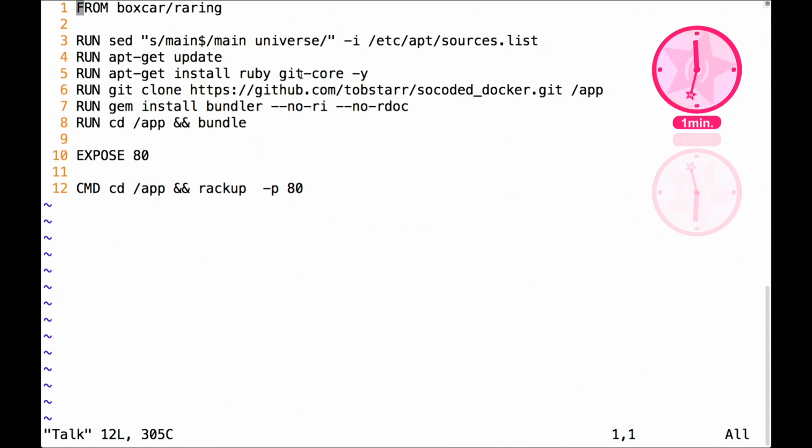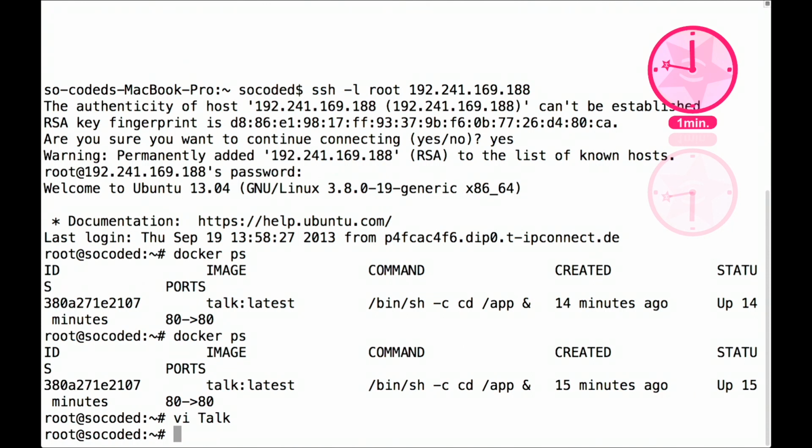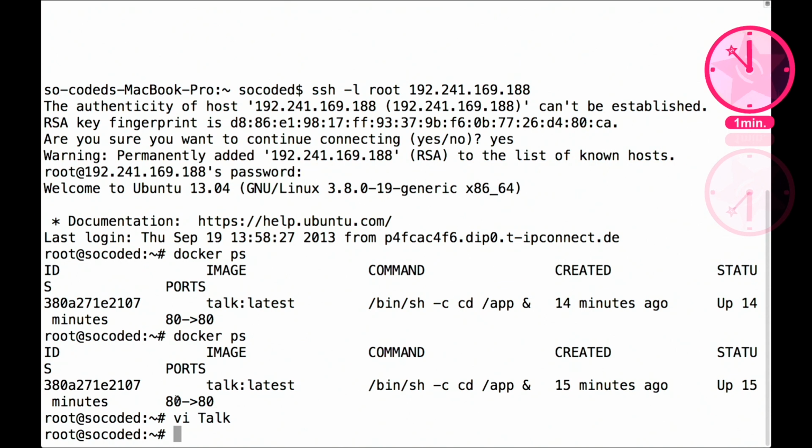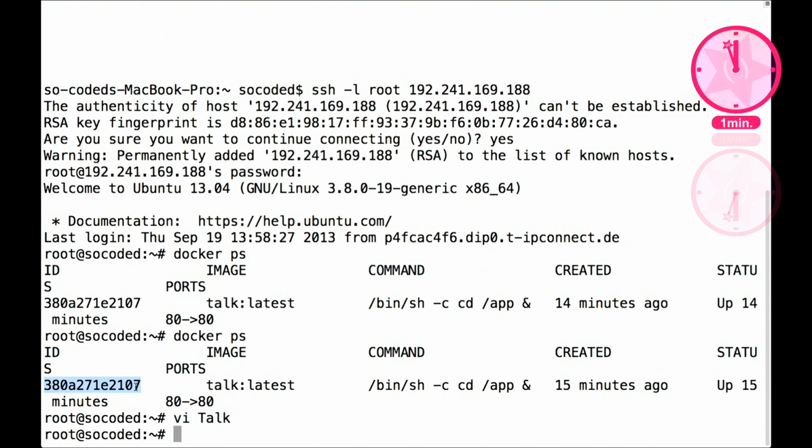Because I created a little Sinatra app to serve the talk. Then I clone a repository, install bundle, and run the container. And with that one, I can launch as many as I want. The networking here: the local port 80 inside the host system is mapped to the local port in the container. But I can also access the container directly through a